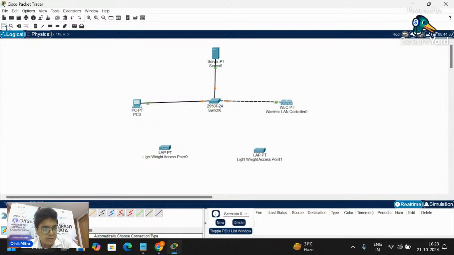We will connect these two access points with the switch later on. First let me configure. Suppose here we will give the IP 10.16.0.10. Here suppose we'll give 10.16.0.3. Okay, 10.16.0.2. Now start configuring.